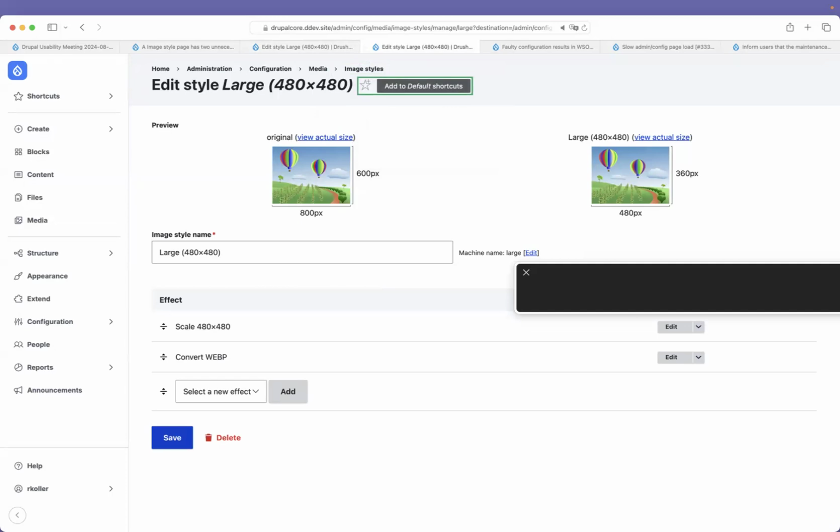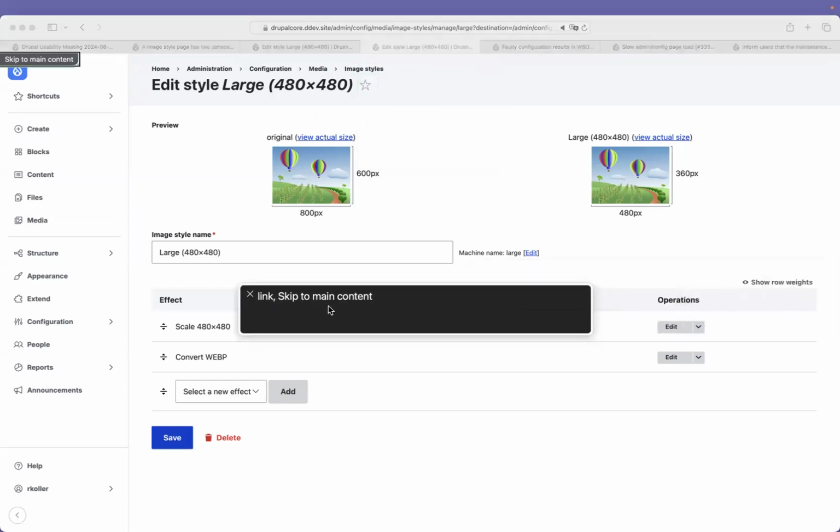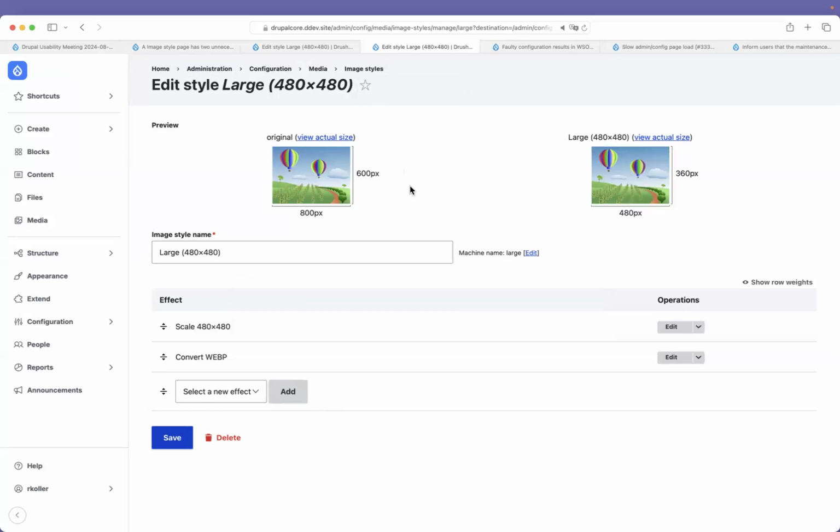With the updated suggestion, link, skip main content. Wanted some. You are currently on a link inside of web content. To click this link, press Control. Visited, link, bold 14-point system font. Visited, link, visited, link, image, visited, link, view actual original preview size. Visited, link, image, original preview, 800 pixels wide, 600 pixels high. Link, view actual resized preview size. Link, image, resized preview, 480 pixels wide, 360 pixels high. Voiceover off. And as you can see, on the other hand, the focus outline,